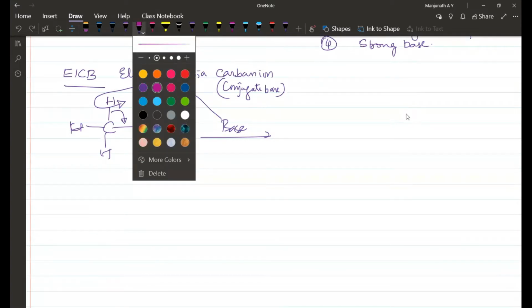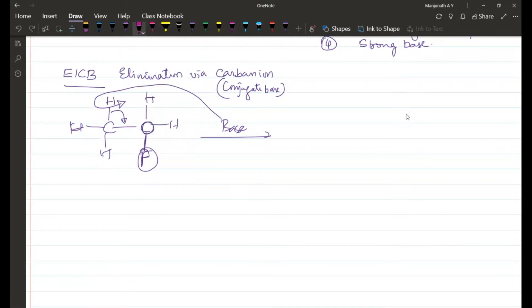One minute, I want to show. Before shifting, this does not shift immediately. It would have shifted provided this fluorine goes away, but this fluorine does not go. So what exactly happens is this carbon gets a negative charge. It's not O, it's C. CHF. So this is a carbanion, no? This is also called a conjugate base. Why is it called conjugate base here? Can you tell me?